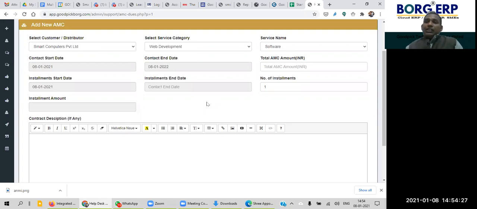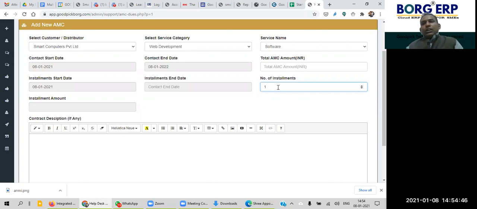Now it becomes very difficult for the company to track the due amount, and when and how to charge that particular customer. So what do you do as a company?